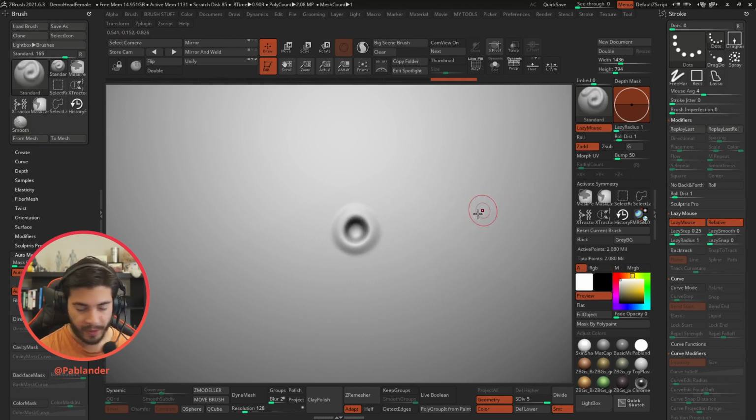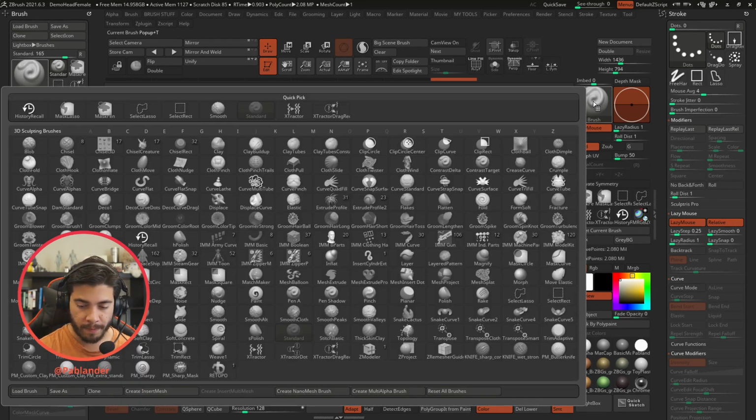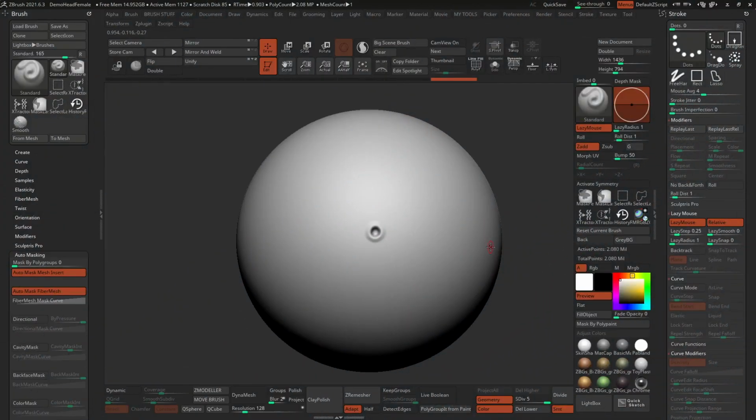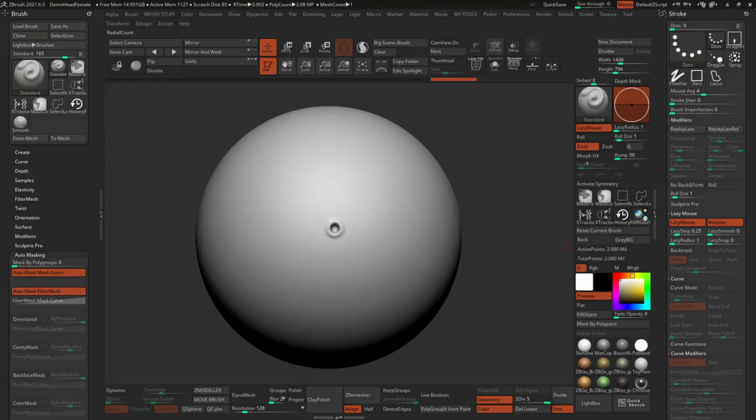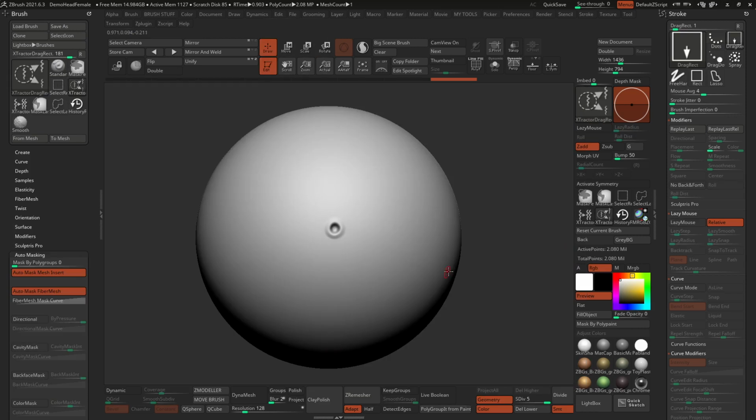That's it, right? So let's go ahead and switch to the extractor brush. So you press the thumbnail, and I think what I'll do now is turn off my camera so that you can see both of these things a little bit easier. All right, so I'm going to click on the brush thumbnail, and I'm going to go all the way to, here we go. These three brushes, these are the extractor brushes. So I'm going to click on this extractor drag rect.